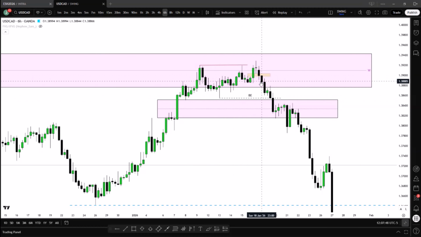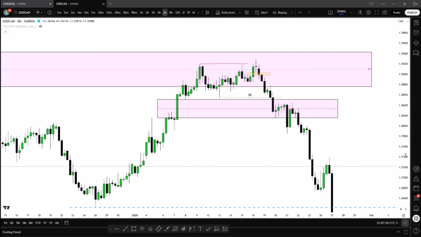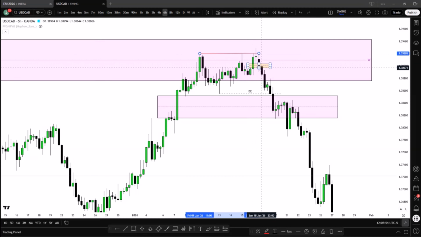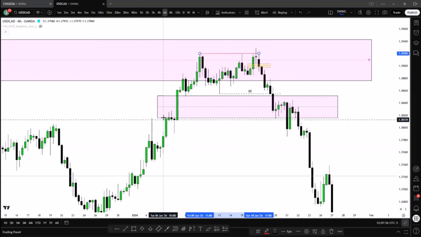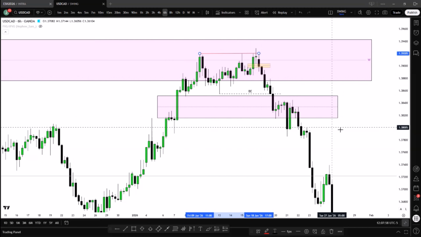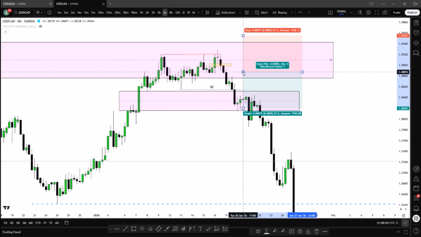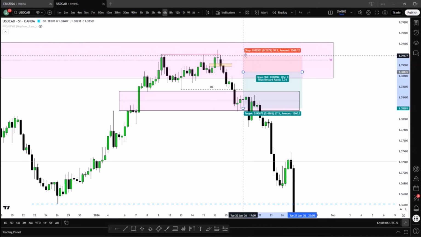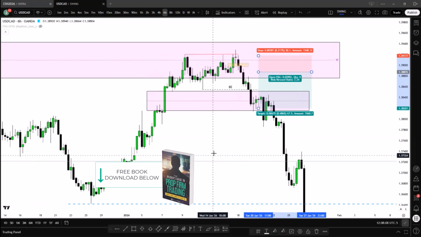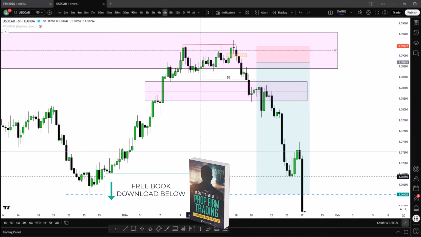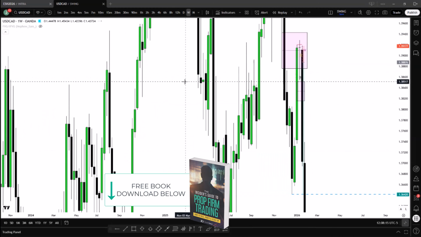And we see an inverse fair value gap here as well. We see short-term liquidity taken out. We see a reversal of order flow from bullish to now bearish. And we were able to take this trade off that 6 hour chart right here as a short. We put our stops right above that inverse fair value gap, and our target is going to be that weekly external level,